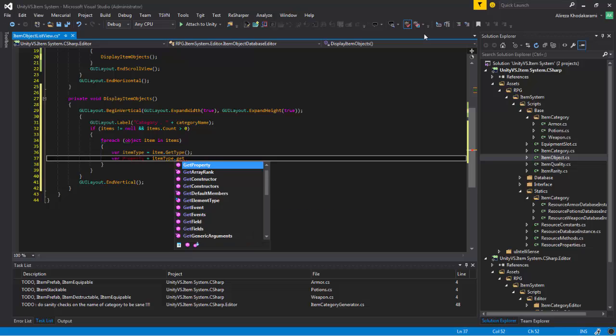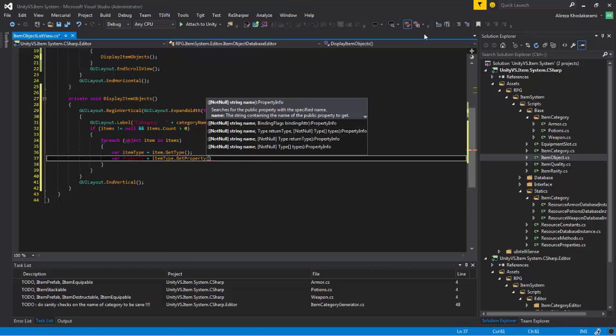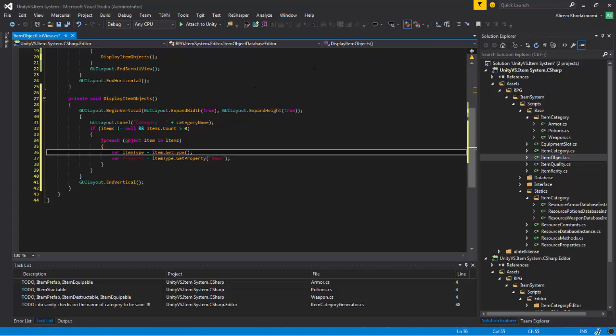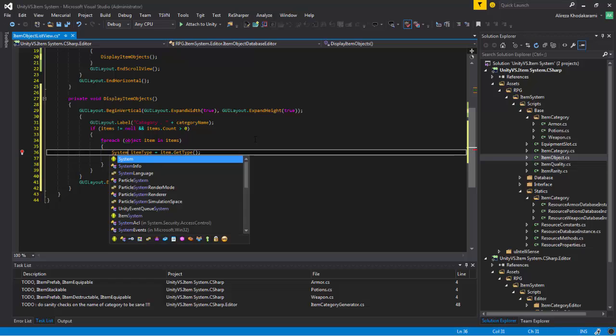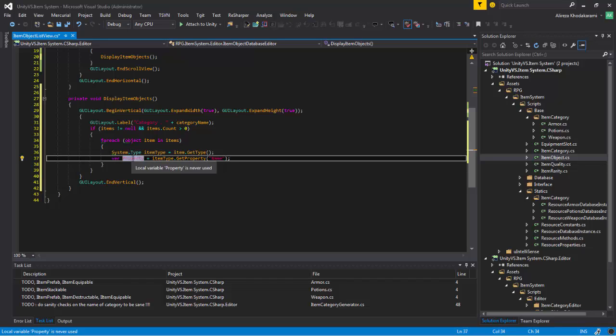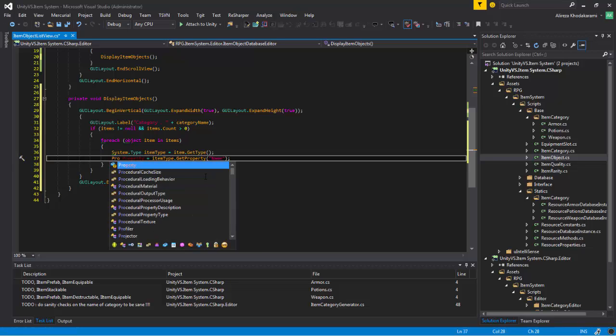What I want is to get a property, and I know the name of the property. If I move my mouse on item type, you see that it's System.Type. So let's use it, System.Type. If I move my mouse on property, as you see, it's PropertyInfo. So I can say property